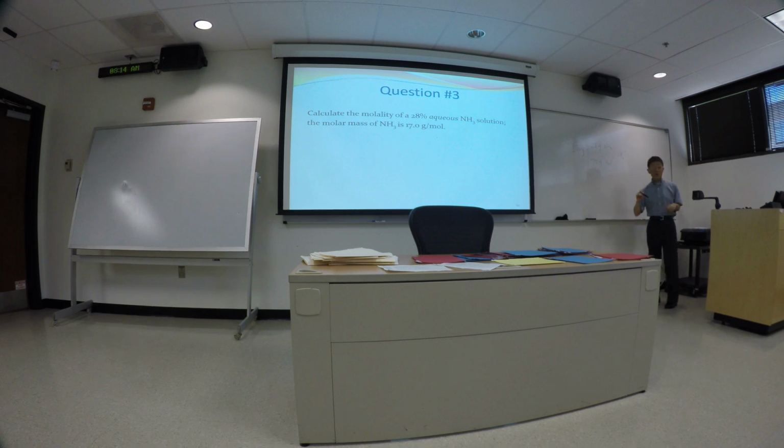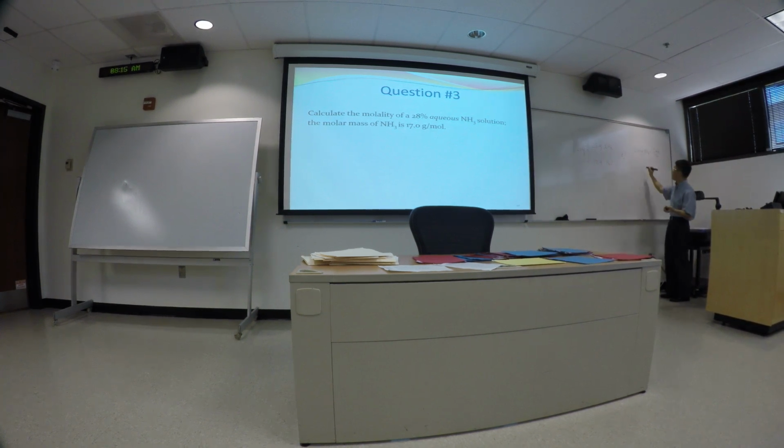So here, based on that information, we can figure out the mass of the solvent, and we also know the mass of ammonia. The molar mass for ammonia is 17 grams per mole. If you know the mass and you know the molar mass, you can figure out the number of moles. So if you take 1,000 grams of the solution, you would have 280 grams of NH3, ammonia, dissolved in there, and each mole is 17 grams. In dimensional analysis, grams cancel out. And then in the denominator, 0.72